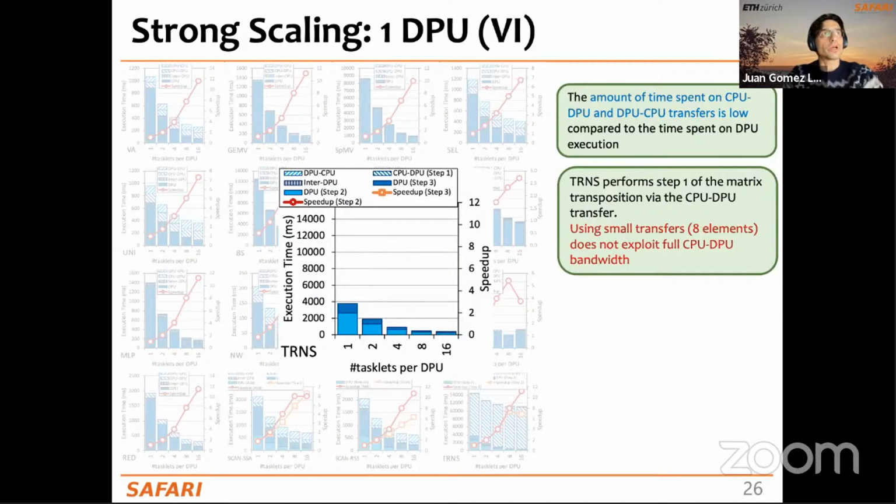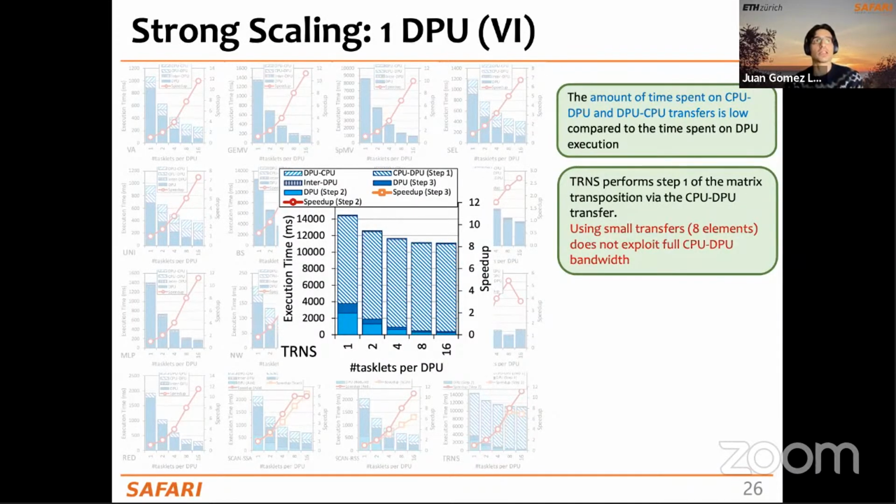Okay, one other observation for these strong scaling experiments on a single DPU, we have this TRNS, meaning transpose. Here, essentially, what we do is a matrix transposition, and one thing that we observe is that the CPU to DPU transfer time is very high, as compared to other parts of the execution, like even the execution of kernels like step 2, which is the lighter blue, or step 3, which is the darker blue. So the reason for this to be so long is that